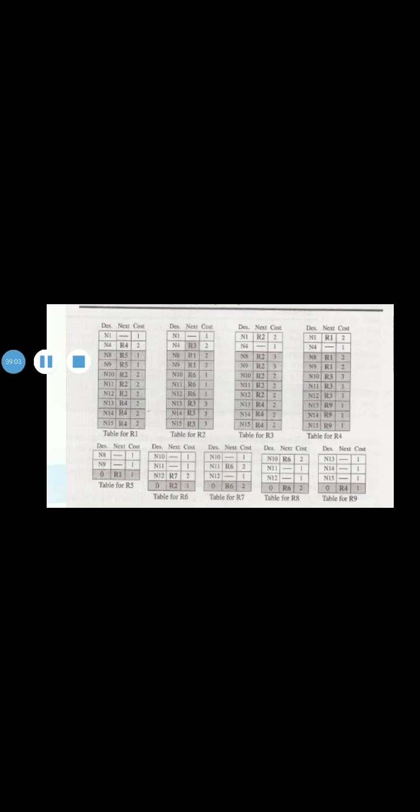So how much it takes to reach N5, that is the cost for R5 to reach all networks in other ASs. Similarly, the cost for R1 to reach networks N10 to N12 is the cost to reach N6, and so on. So the cost is taken from intra-domain forwarding tables, RIP or OSPF.